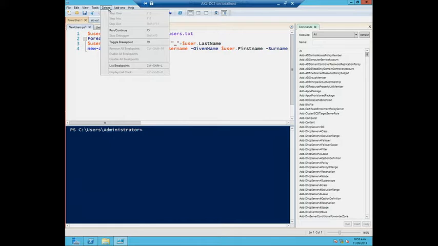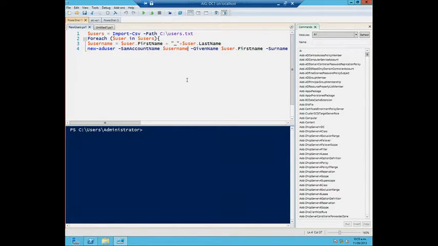Now obviously in the past and with older versions of the ISE, one of the options you do have for basic debugging is choose a line, click on the green arrow, it says run selection. Run script, or the one next to it, run selection, F8 or F9. Sorry, wrong one. The big arrow runs the entire script. So then I can go double check, it color codes everything, makes it easy for me to see if I've done something stupid before I press enter. But I can also run a section. I can do that one at a time.